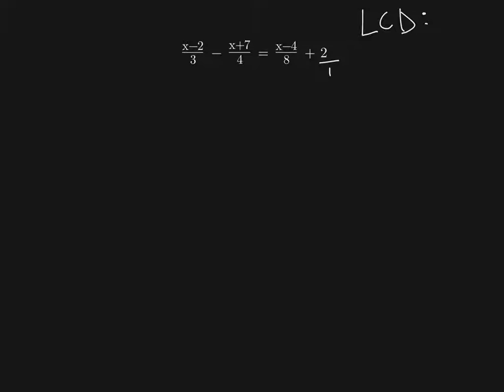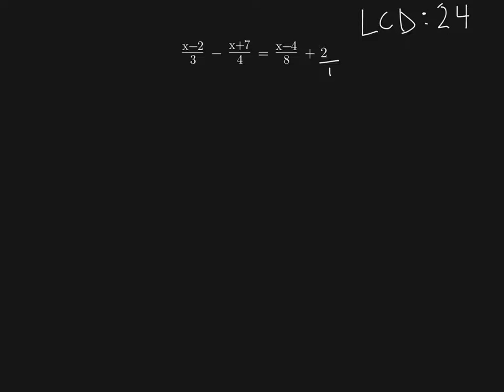Our denominators are a 3, a 4, and an 8. So what's the smallest number that all 3 of those are factors of? You know, they all fit into. I like to just take the biggest one, 8, and just list multiples of 8, see what works. So does 8 work? No, 3 doesn't fit into 8. How about the next multiple of 8, 16? Works for 4 again, doesn't work for 3. The next multiple of 8 is 24, and that's our winner because 3, 4, and 8 all are factors of